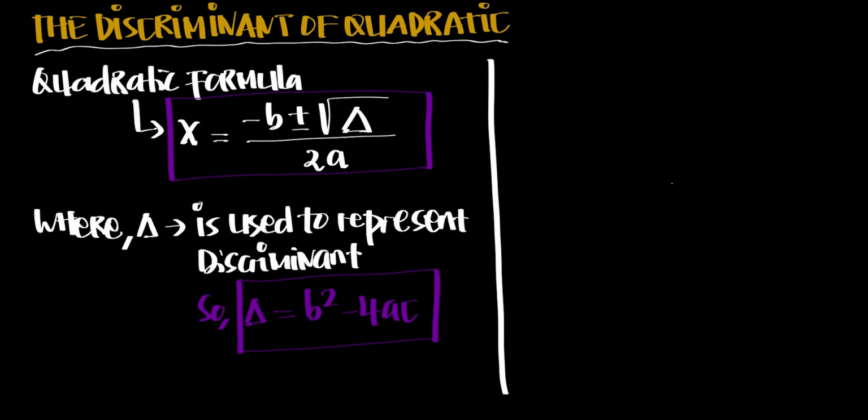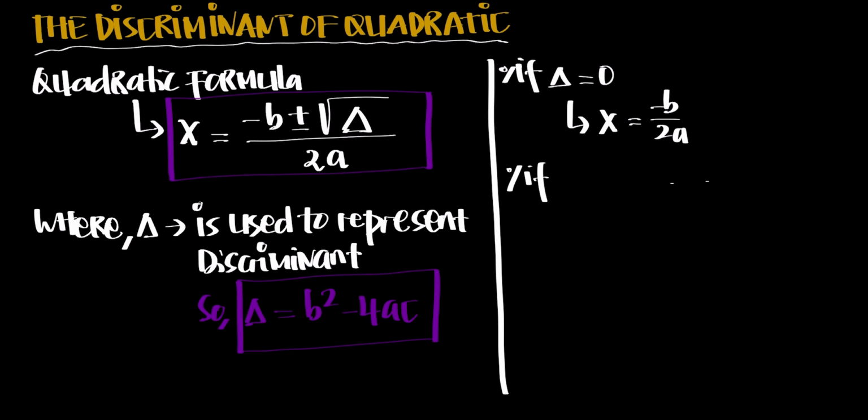So the first rule: if delta equals 0, then x equals minus b over 2a. It is the only solution, a repeated or double root. And the second one: if delta is bigger than 0, or when b squared minus 4ac is bigger than 0,